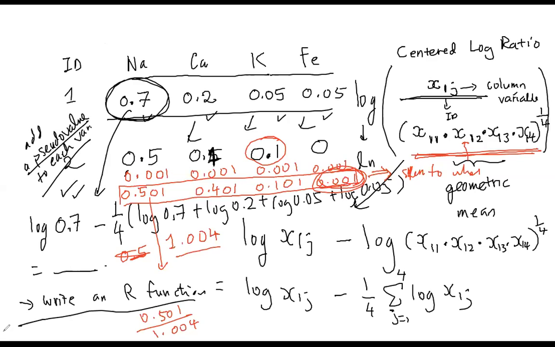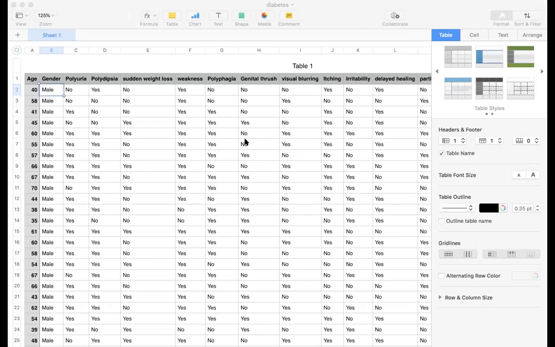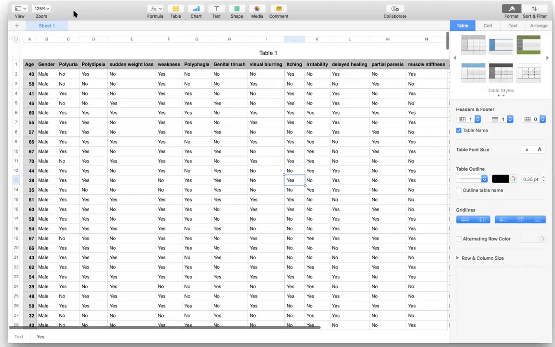Okay, so this is the glass data set, right? Then I want to show you the diabetes data set. Okay, can you see the diabetes data set? Wait, where is it? Diabetes data set. Okay, can you see the diabetes data set? Yes. Okay, so this data set is basically